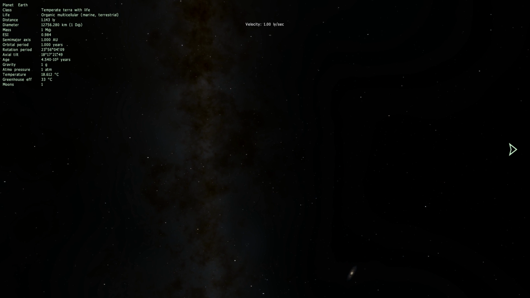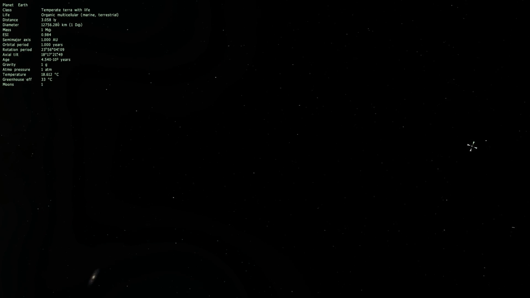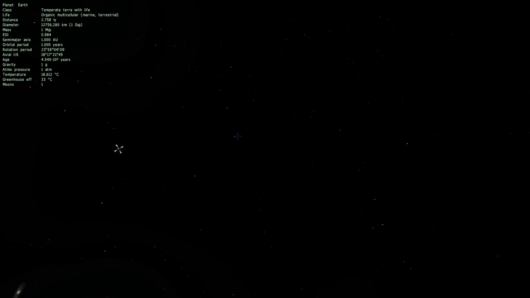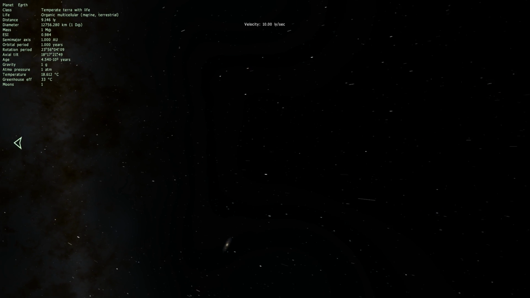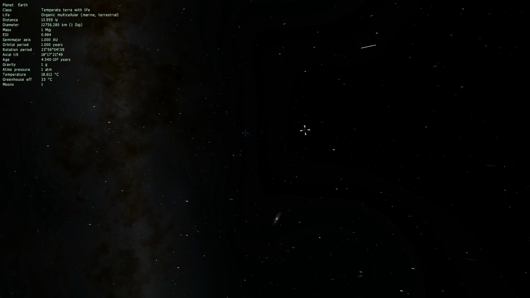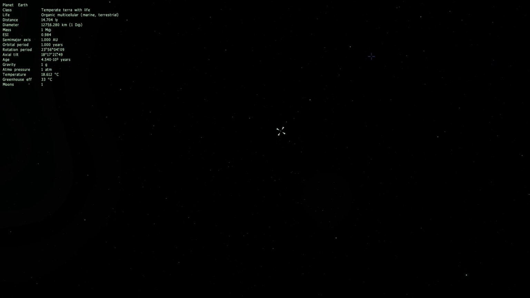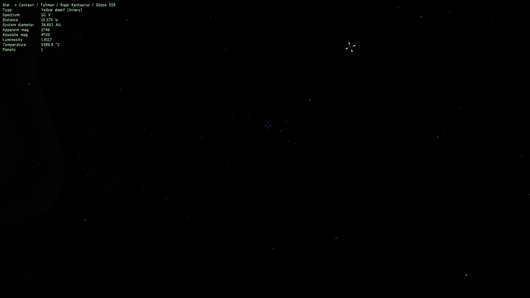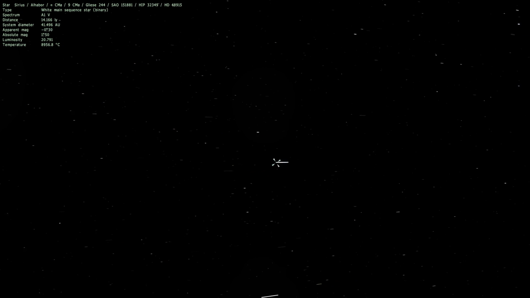So let's speed it up a little bit, shall we? Go about 1 light year per second. Now we can actually see a little bit of movement. Our little galactic neighborhood starts becoming a little more obvious. And as we look around right here, let's rotate it like this. We see probably Sirius, if I had to guess. Oh, Centauri. Are you Sirius? There is Sirius, chilling right down here in the corner.